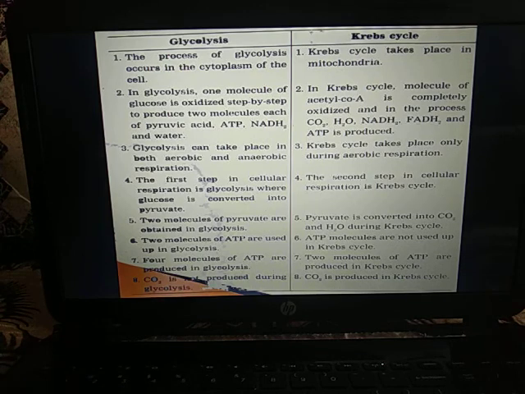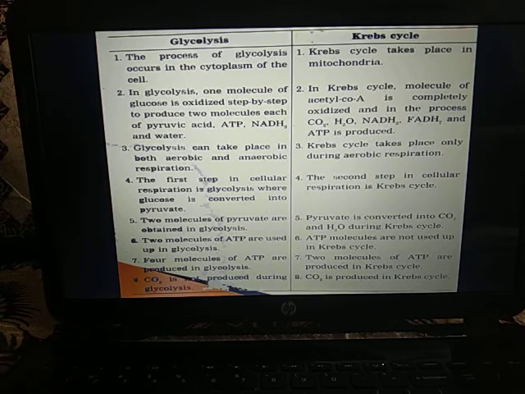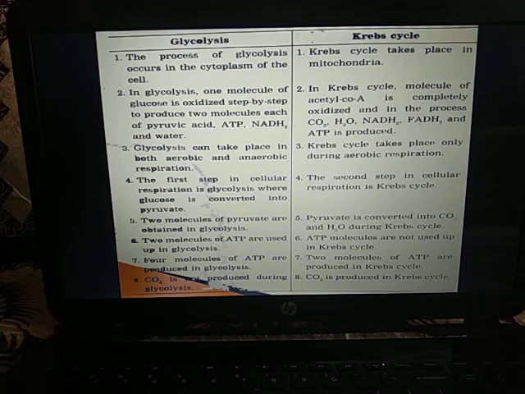In glycolysis, one glucose molecule liberates 4 ATP molecules through substrate level phosphorylation. In the Krebs cycle, 2 acetyl residues liberate 2 ATP or GTP molecules through substrate level phosphorylation. The net gain in glycolysis is 2 molecules of NADH and 2 molecules of ATP for every molecule of glucose broken.